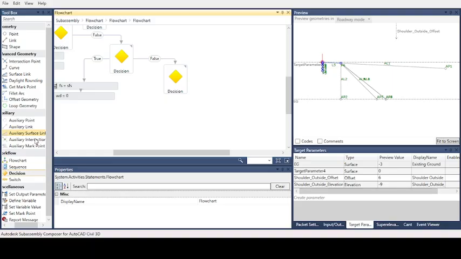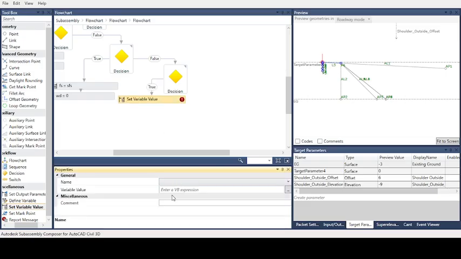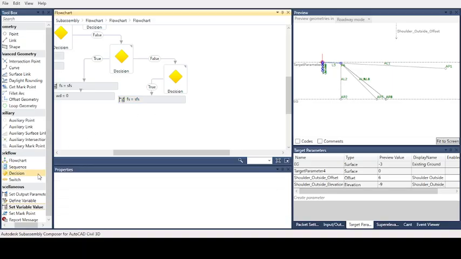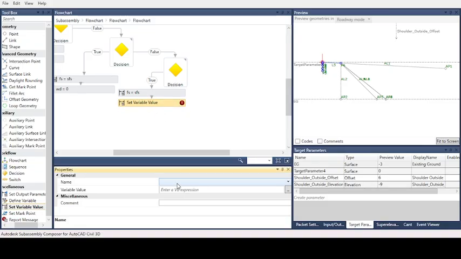Now we will set a variable. If the condition is true, this is the field slope. It is steep field slope, and the widening value for this is 0.3 meter. 3 to 6 meter.